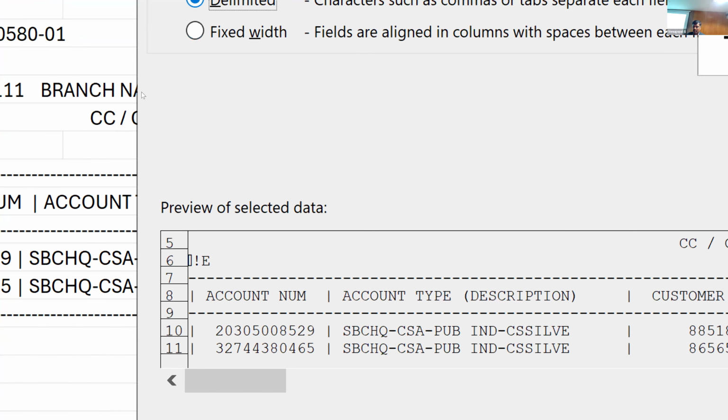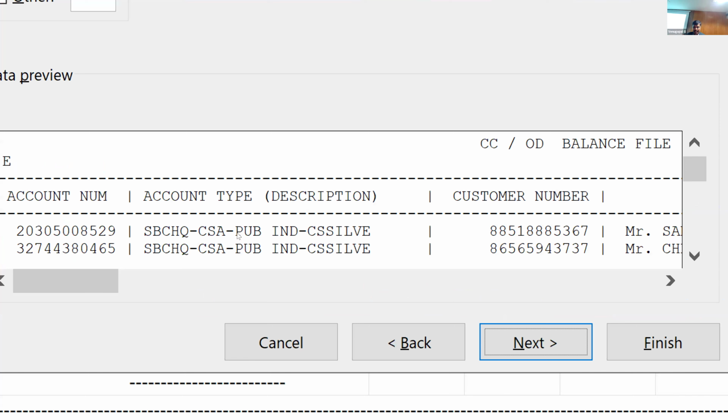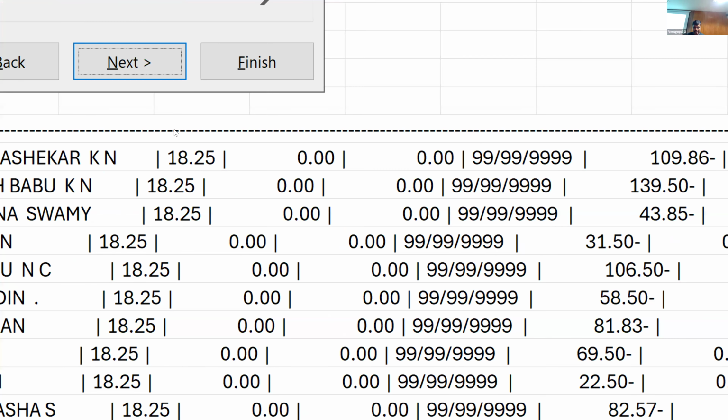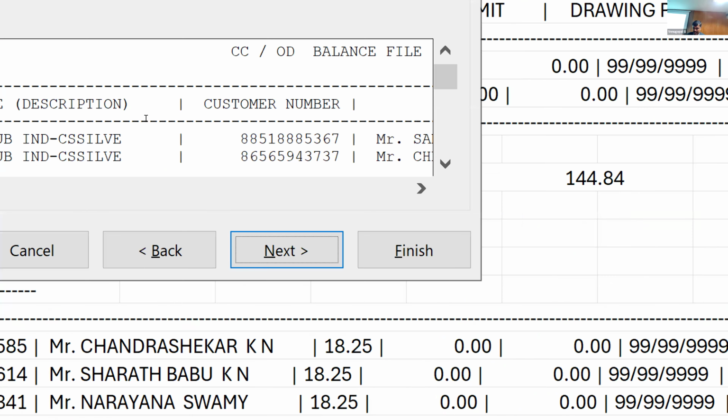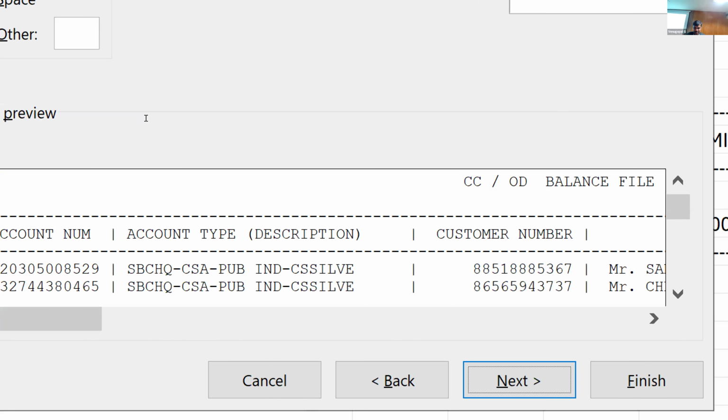So I can set it as delimiter, and in the delimiter, what is the delimiter? I will say in others this pipe symbol.